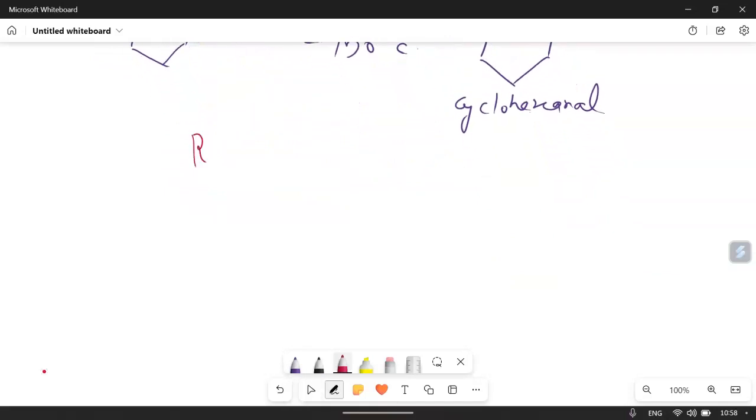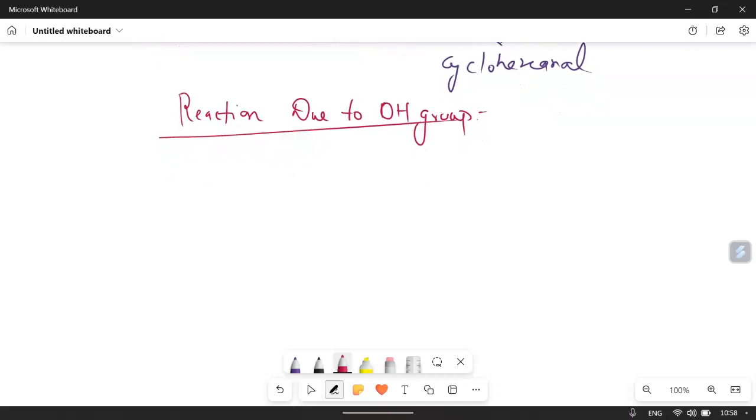Now, all those reactions were related to the benzene ring. The next part of this reaction is due to the OH group. Reaction due to OH group. In this, the first point we have to understand is that the OH group acts as acidic in nature, and it shows reactions like